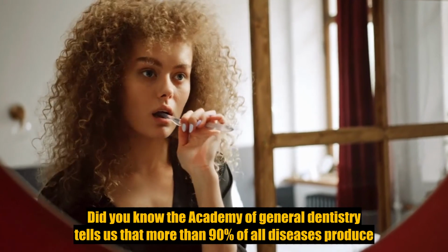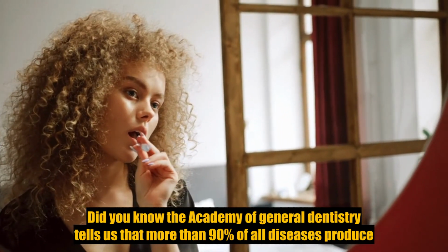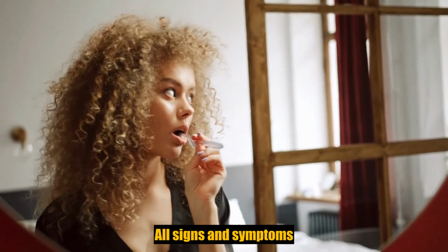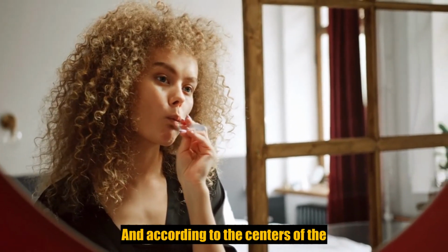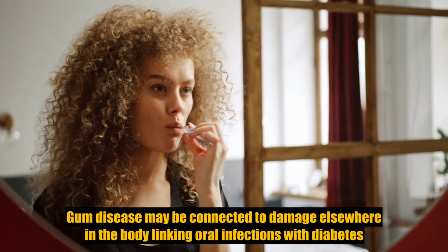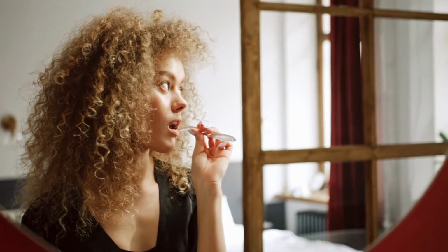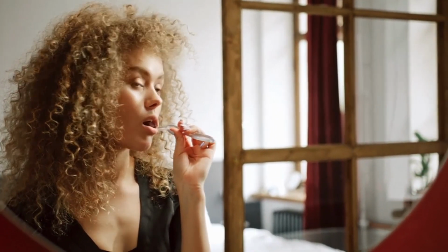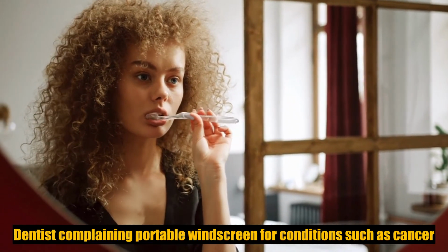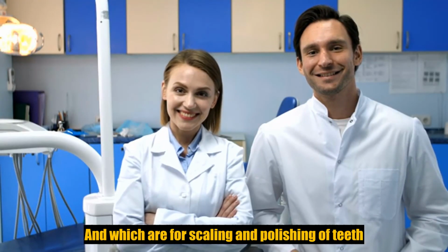Did you know the Academy of General Dentistry tells us that more than 90% of all diseases produce oral signs and symptoms? And according to the Centers for Disease Control and Prevention, gum disease may be connected to damage elsewhere in the body, linking oral infections with diabetes, heart disease, and strokes. Dentists can play an important role in screening for conditions such as billed by a dentist, and which are for